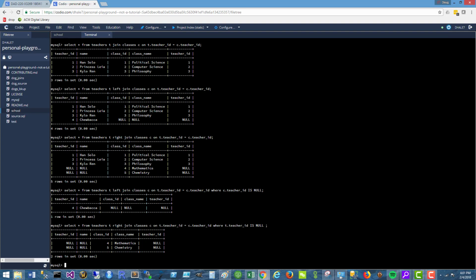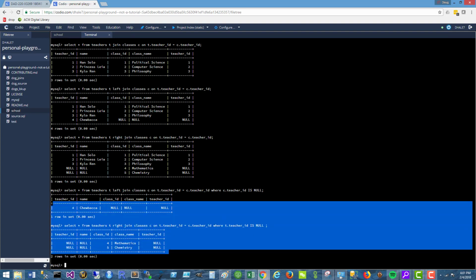In other SQL dialects, I should say, like SQL Server, Oracle, other systems, there's a full outer join that will return kind of a combination of the left and right join. MySQL doesn't have a full outer join. So, for example, if you wanted one result set that contained all of these,